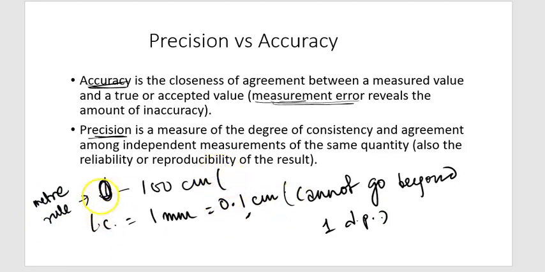right? So some technical terms again, 0 to 100 centimeters is called the range of the instrument, unless you're familiar with it, okay? And least count is 1 millimeter or 0.1 centimeters. So all readings need to stay pegged at 1 dp and they cannot go beyond that. So precision is a pointer towards the consistency of the data.